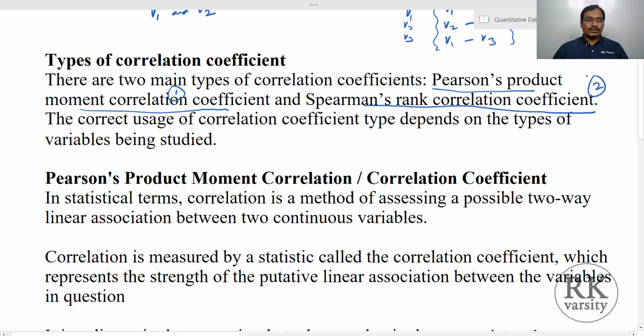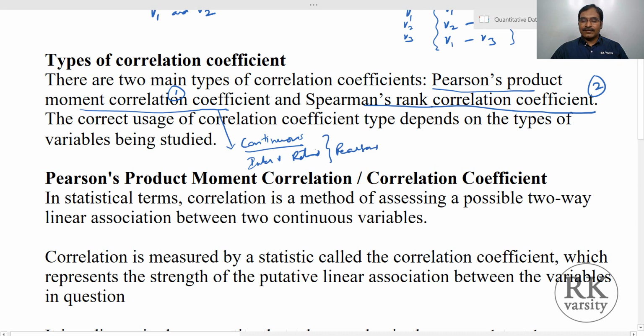Now the correct use of a correlation coefficient type depends on the types of variables being used. In case of Pearson's correlation coefficient, we use this on continuous data. So if your variables are measured on a continuous scale, in the sense interval scale and ratio scale, then we use Pearson's correlation coefficient.